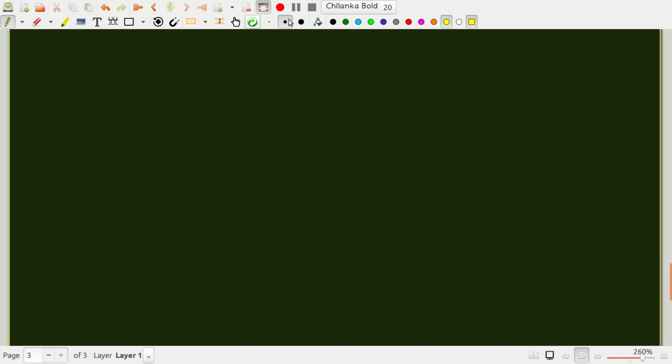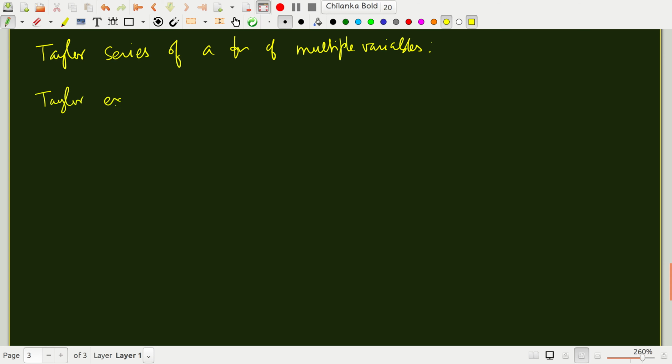Now another important idea that I'm going to discuss next, okay, we're going to change gears a little bit. This is called the notion of a Taylor series, but not for a single variable, of multiple variables, of a function. First, of course, it's good to know what is Taylor series of a single variable. Taylor series, or it's also called Taylor expansion. If you say single variable,